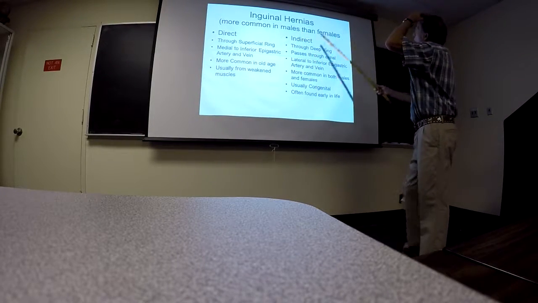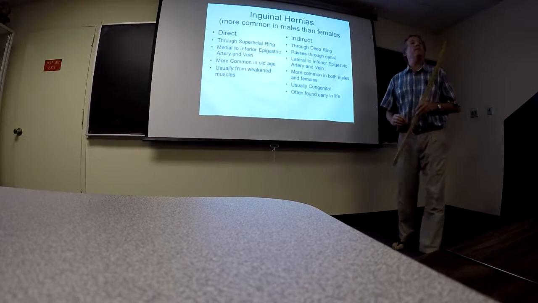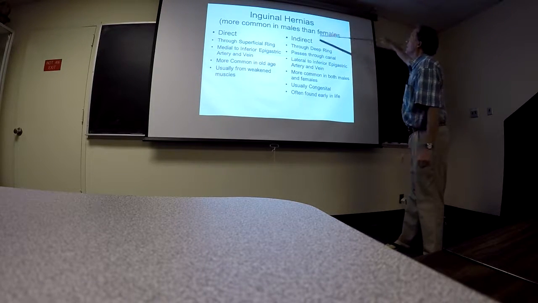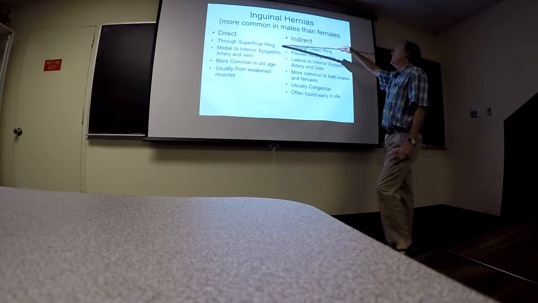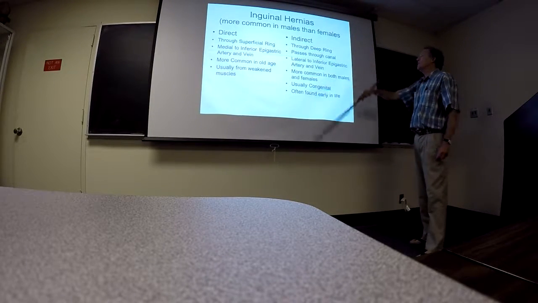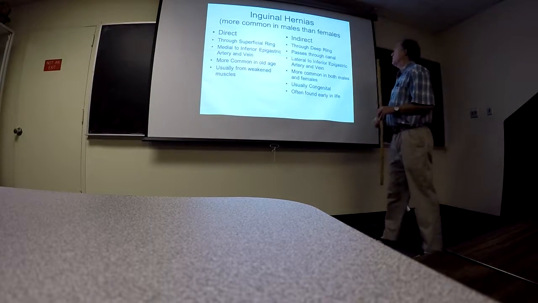Indirect is what the other kind is called, but it's actually following the old developmental pathway. So for indirect hernias, I said there's this opening through which the spermatic cord passes from the abdomen down into the scrotum. Well, sometimes, particularly, and obviously